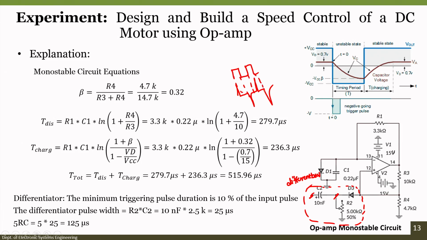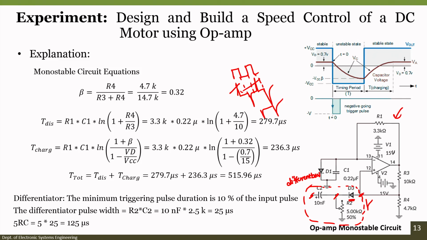But for the monostable multivibrator to work, we require only a negative spike. Why do we need only a negative spike? We will come to that. In order to have only a negative spike, we pass through the diode in reverse configuration, as we see. Only during the negative spike will the diode D3 be in forward bias condition. As a result, the positive peaks will be eliminated, and finally you will get this waveform at this particular point.